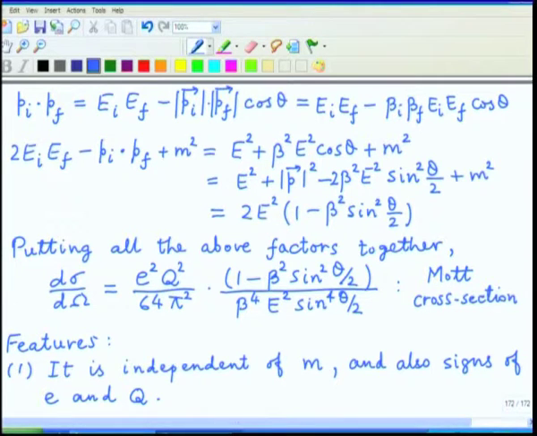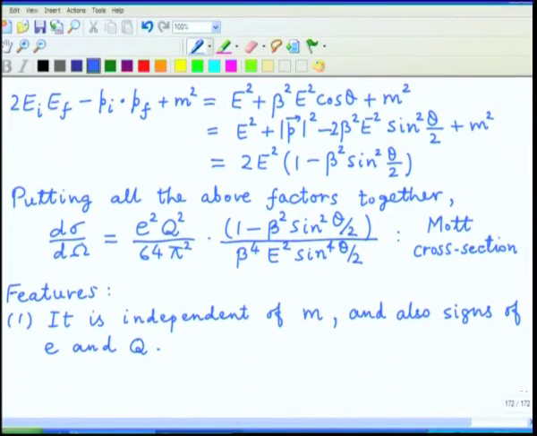The sign is irrelevant. A positively charged particle will scatter with the same cross section as the negatively charged particle, although the trajectories followed in the two cases will look completely different, because one of them will have an attractive potential and the other will have repulsive potential. But the cross section, when one sums over all the different impact parameters, turns out to average between the opposite signs of impact parameters, and it ends up being independent of the sign of both E and Q. These properties are actually true